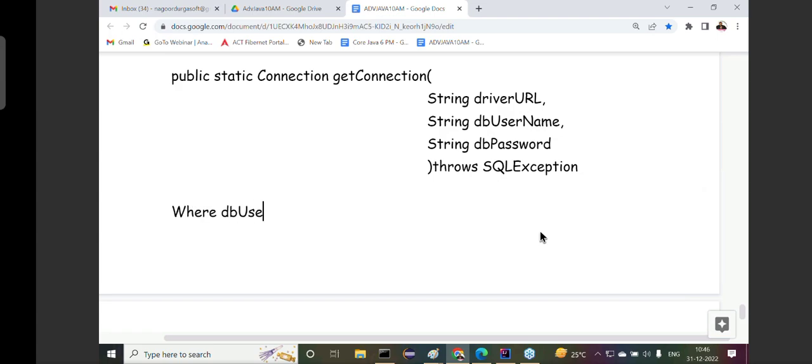Where DB username and DB password, DB username and what next one here, DB password. That means these two are what we specified at the time of installation of the database software. Whatever the username and password we specified, that username and password here we have to provide. Where DB username and password are the database username